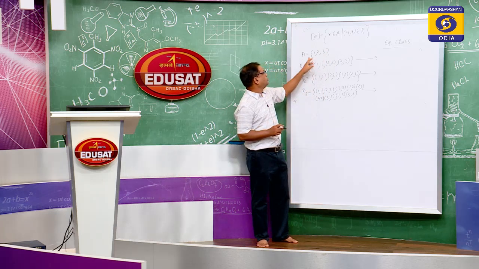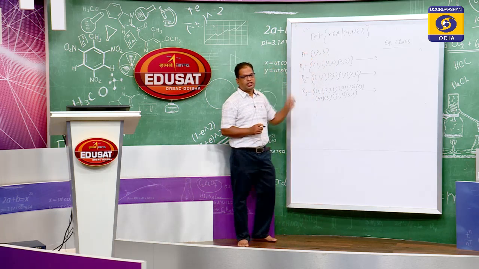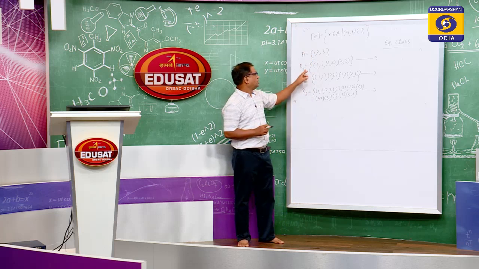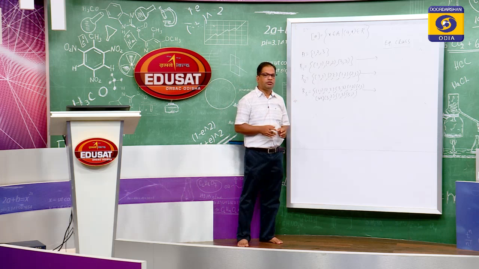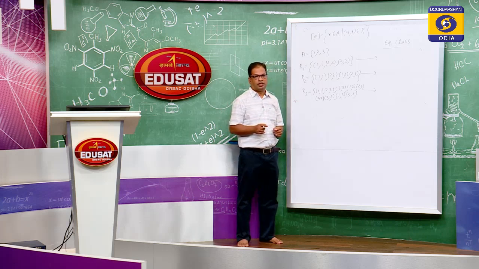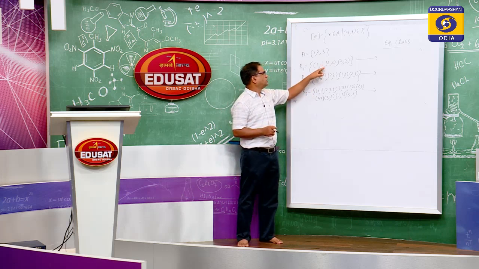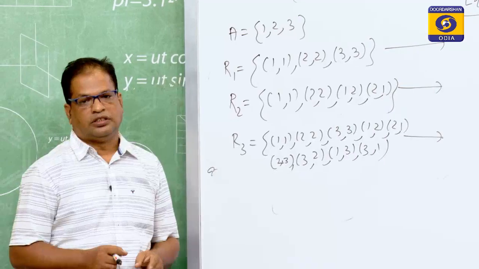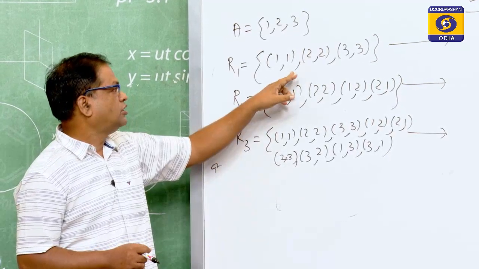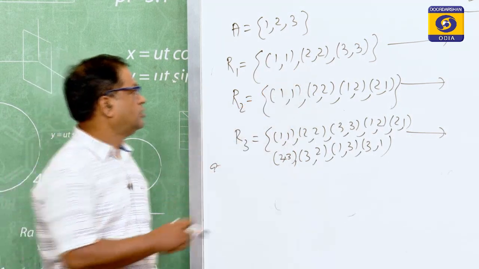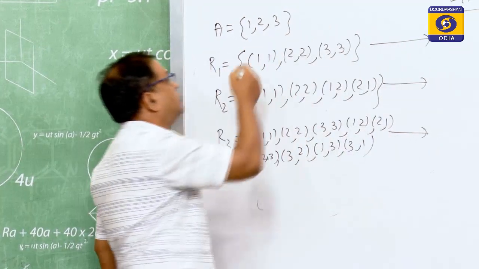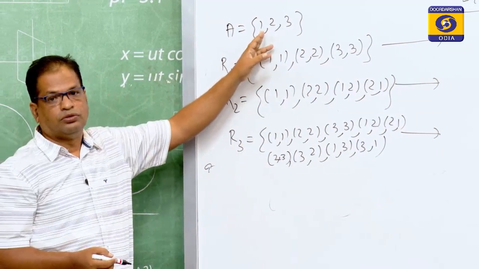Now, let us take some examples. We consider the same set A = {1, 2, 3}. Now, this is R1. So, we find equivalence classes in case of R1. I have already discussed that without equivalence relation we cannot have equivalence class. So, first of all, is this an equivalence relation or not? This is an equivalence relation, and we have already discussed this is the smallest equivalence relation. And the elements of the set A are 1, 2, 3.